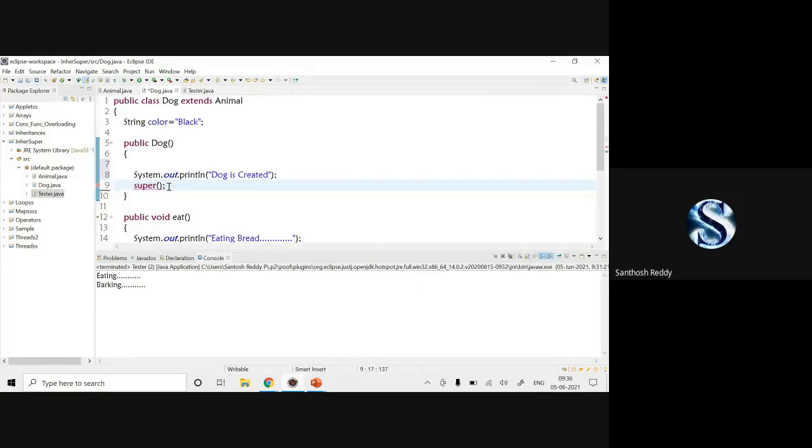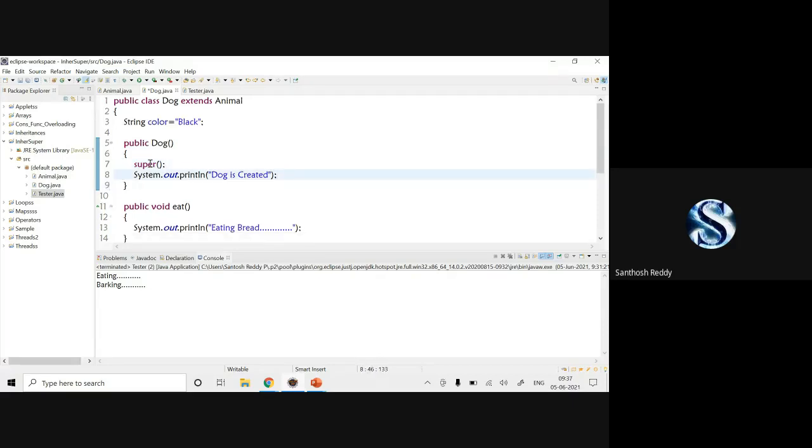So make sure that whenever you're calling the super keyword in the constructor, it has to be placed in the first line itself. Then you're not going to get any errors.